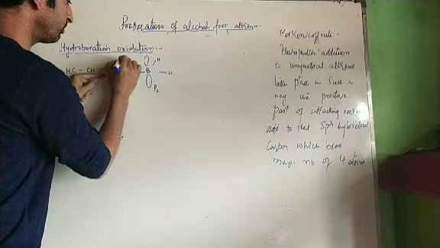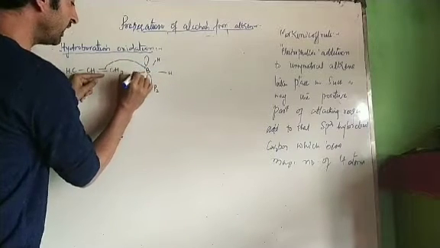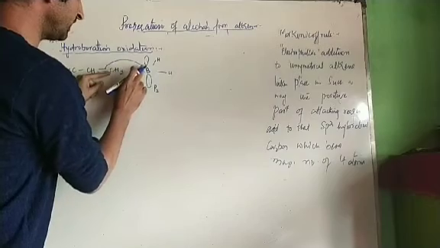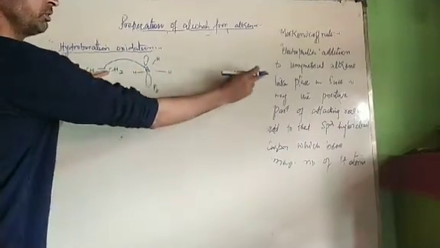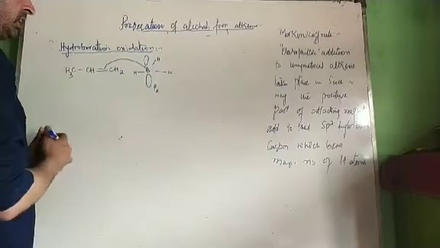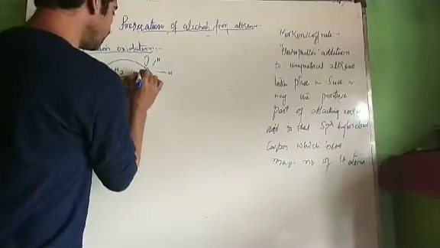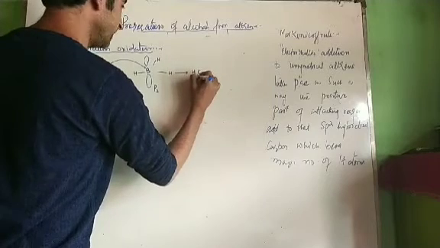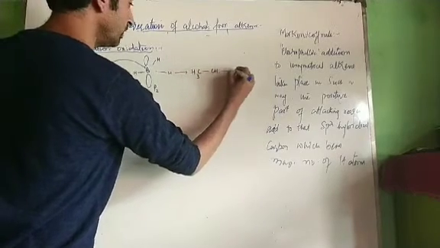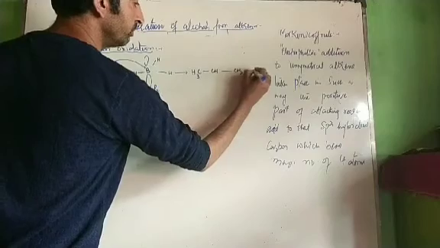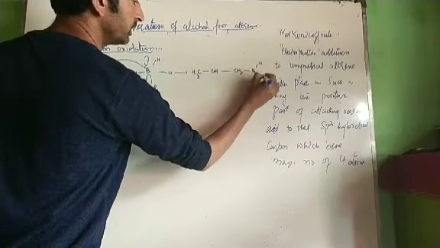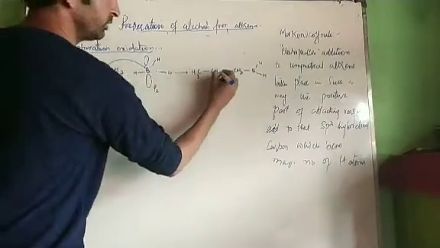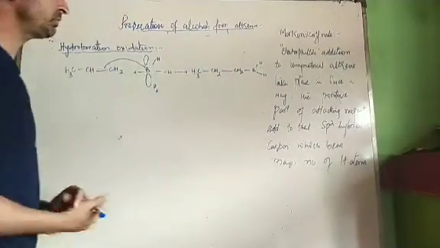Then this carbon attacks boron, not the hydrogen atom, because the electrophile in this case is boron. This is the rule, this is Markovnikov's rule. Now this hydrogen attacks this carbon atom. We get CH3, CH single bond, CH2, BH2. One hydrogen is lost over here, which attacks this carbon atom. This becomes CH2. This is the first step.